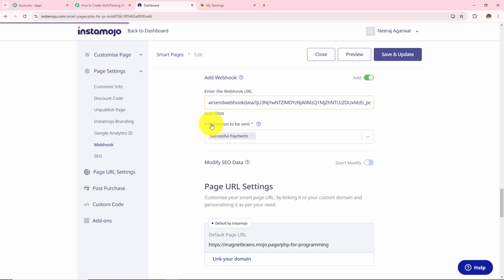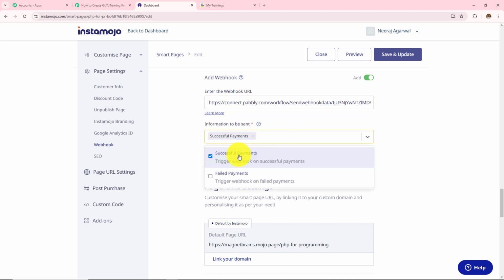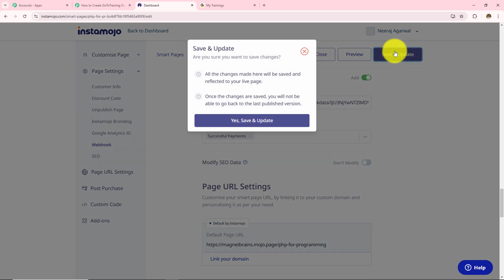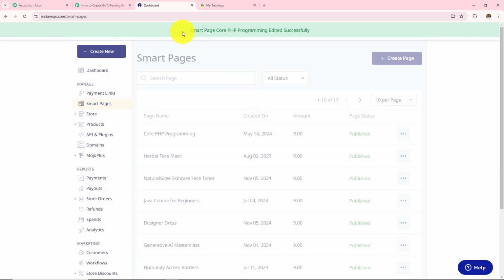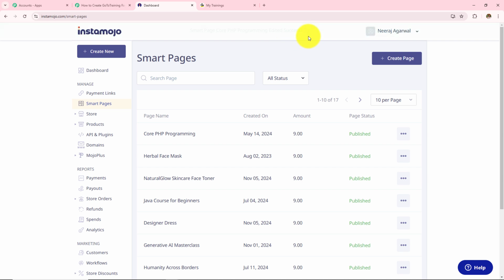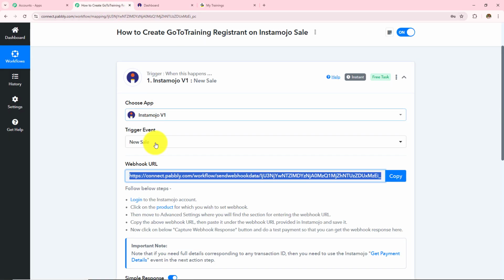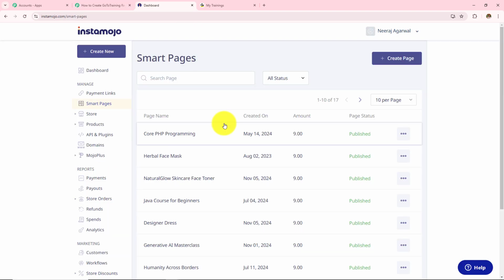Now I need to select when this information should be sent. In this drop down, I can find two options, successful payment and failed payment. Whenever a sale happens, or whenever a successful payment happens, this webhook should trigger the workflow. So I have selected successful payment, and then after selecting that, we have to click on save and update, and then click on yes, save and update. So here I have Smart Page Core PHP programming edited successfully. So we have successfully added the webhook URL which was provided in my Pabbly Connect here in my InstaMojo,